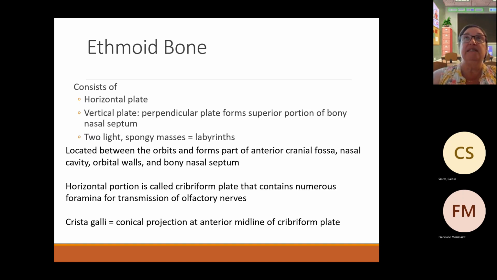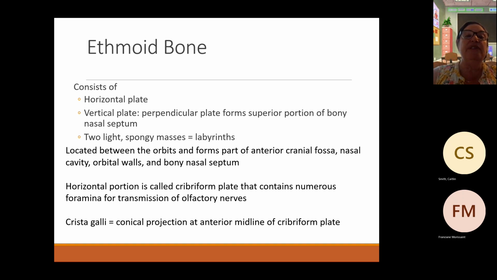The ethmoid bone consists of a horizontal plate, and it's a weird shaped bone, and a vertical plate. And that vertical plate is called the perpendicular plate, which forms the superior portion of the nasal septum. So that's important because that perpendicular plate is going to form the superior portion of the nasal septum. The vomer comes in, which is a facial bone, to join the inferior portion to make that into the nasal